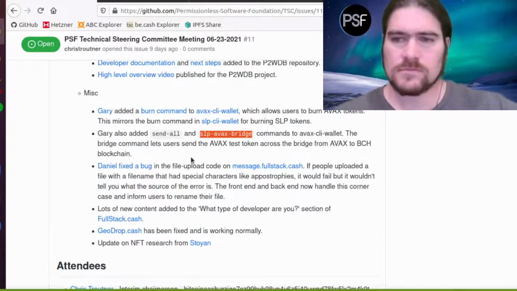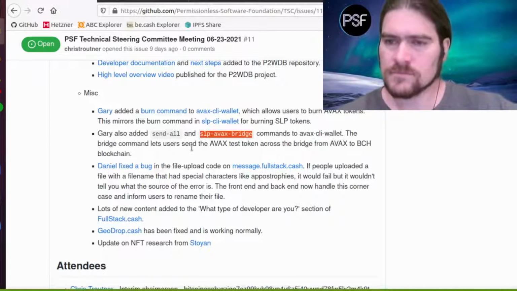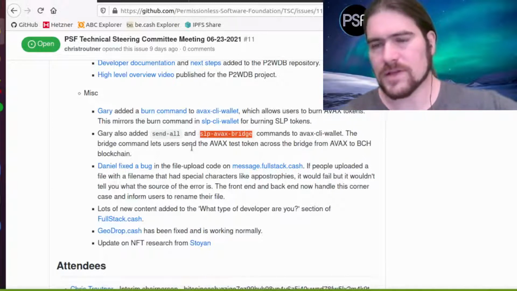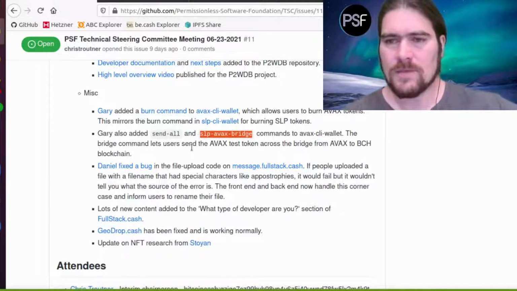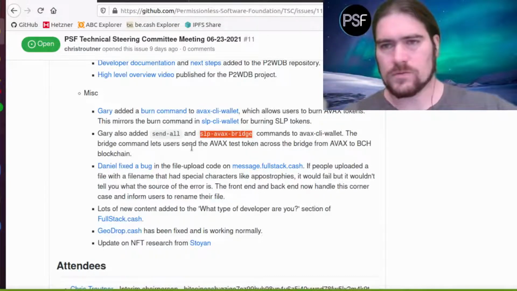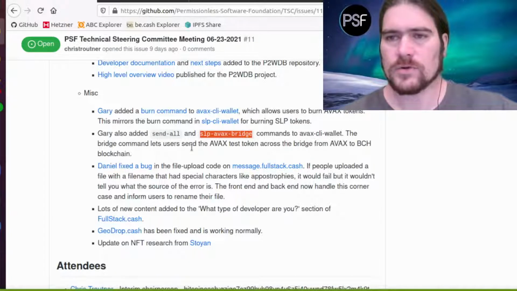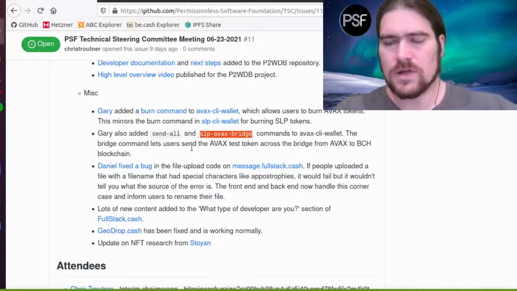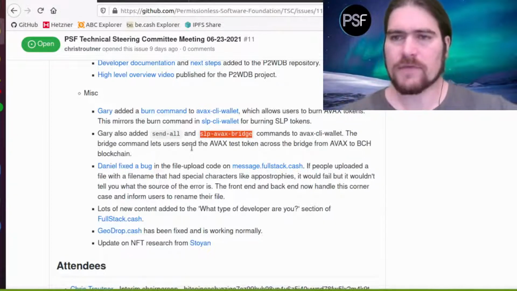Chris, do you know to which network it connects? To the testnet, to the mainnet, to the local node? Yeah, it connects to the mainnet, and it's using a public node that Ava Labs provides. I think it's probably a load balanced set of several nodes, but it's a public one, sort of like how Bitcoin.com used to have rest.bitcoin.com, or how we have a free tier for fullstack.cash. It's a similar thing. They have direct access to a node that you can interact with. So that's what AVEX CLI wallet uses. It'll just automatically connect to that free public node.